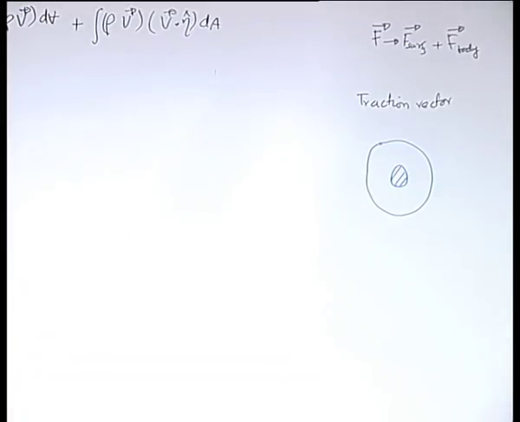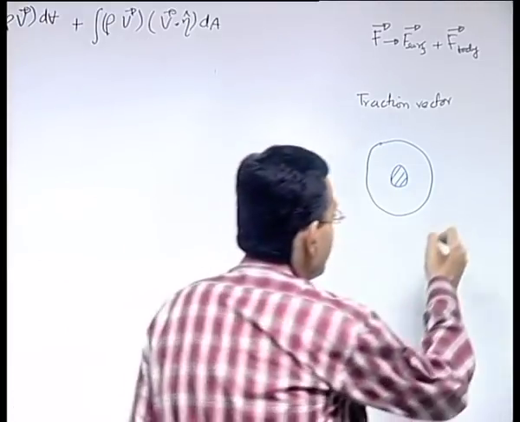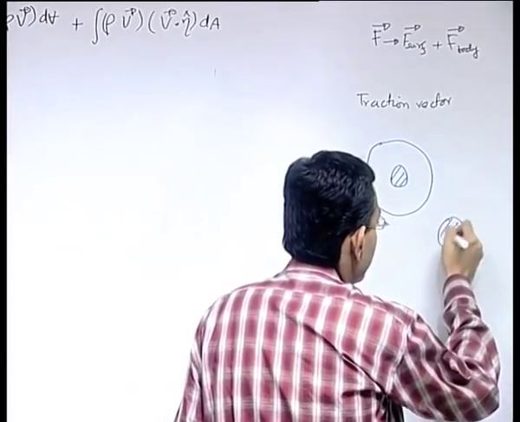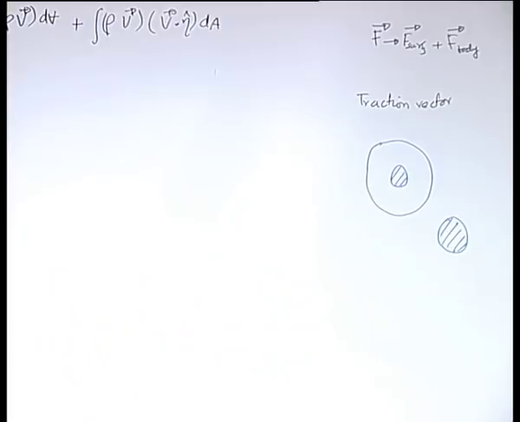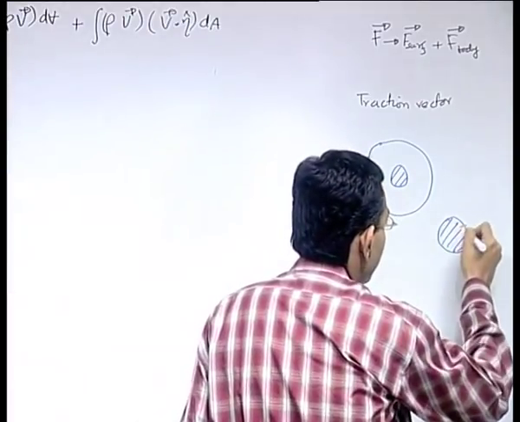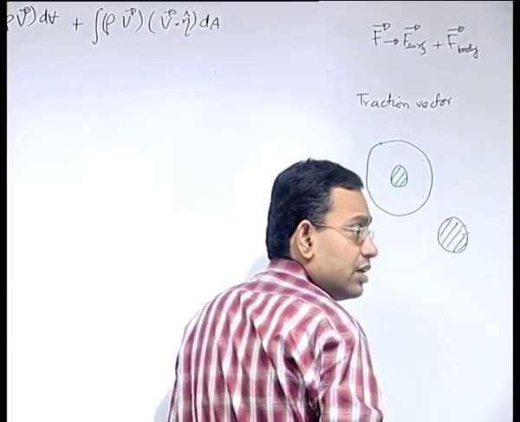This chunk is bounded by a surface. So once you take this chunk out, you take a small element of area on the chunk, then